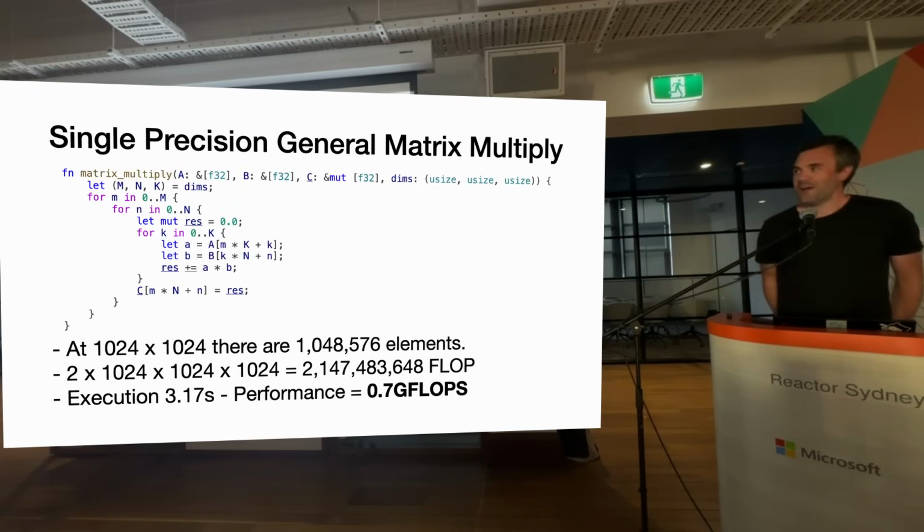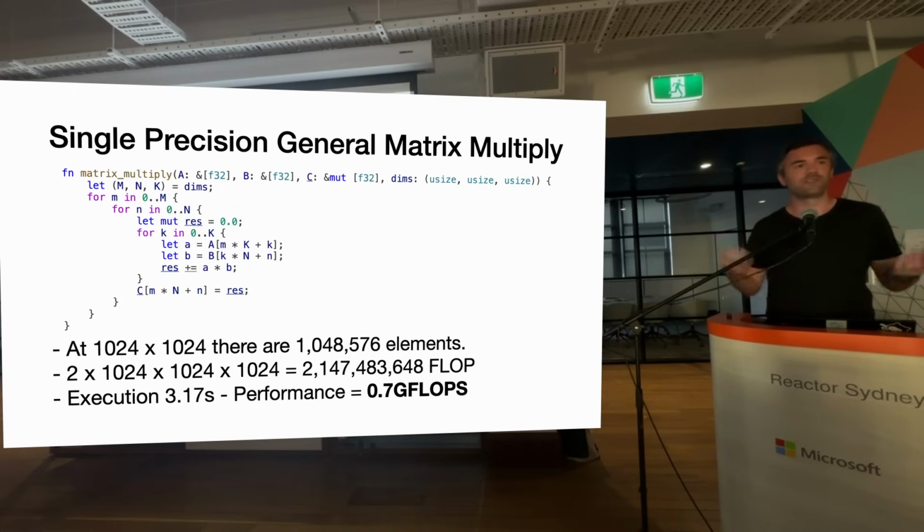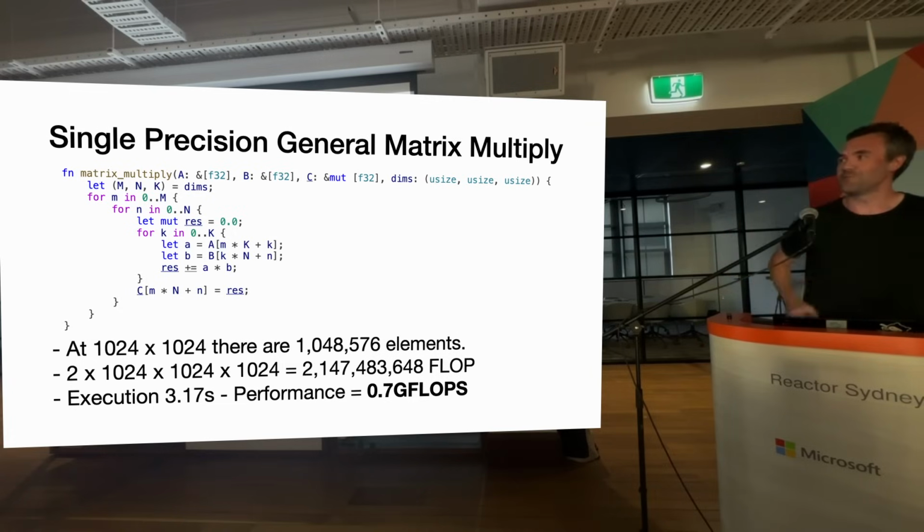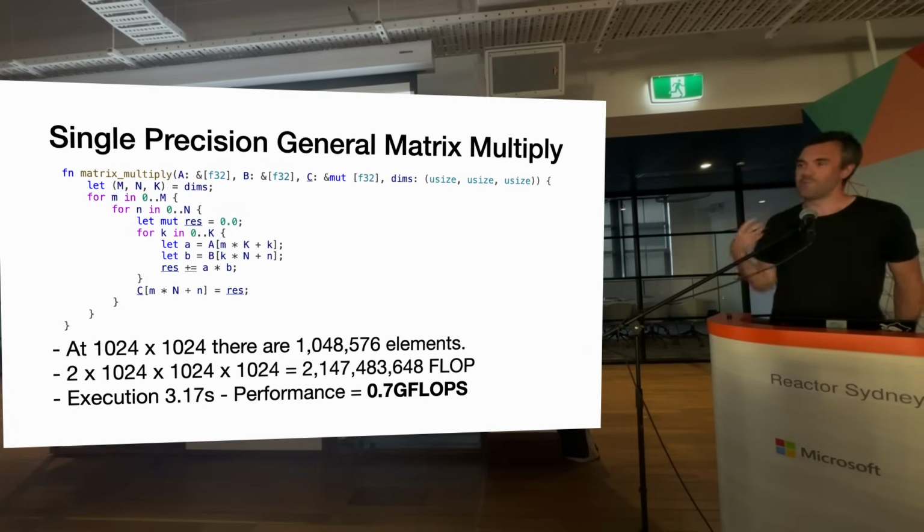So we go to the fundamentals of computing with a single precision general matrix multiply. This is about the dumbest implementation you could do. It's not intended to be good, it's intended to be clear. But this is what is making GPT, and everything that you're doing on your phone is running machine learning all over the place at the moment. Siri listening, it's doing matrix multiply a lot. There's a lot of this happening in the world, and so it kind of matters.